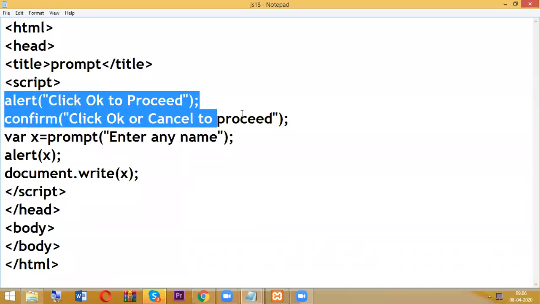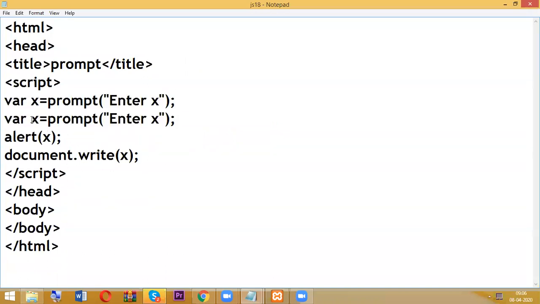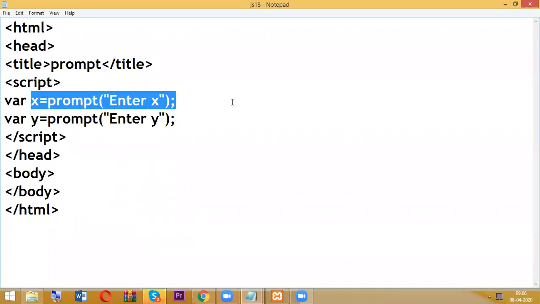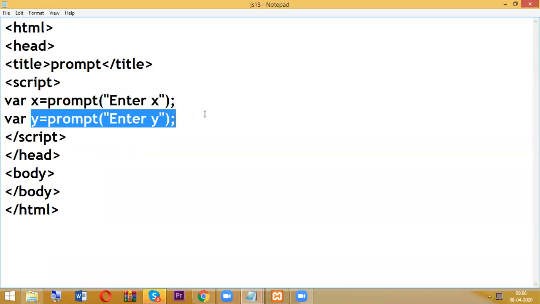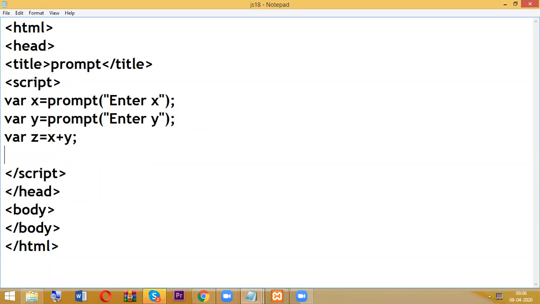Here I'm going to have variable x equal to prompt "enter x", and variable y equal to prompt "enter y". So two values separately, and as usual we are performing an arithmetic operation, and we can display it using document.write or alert, anything you can plan.